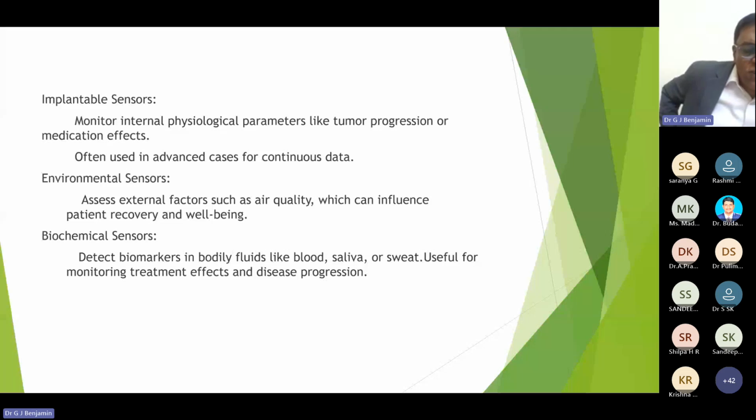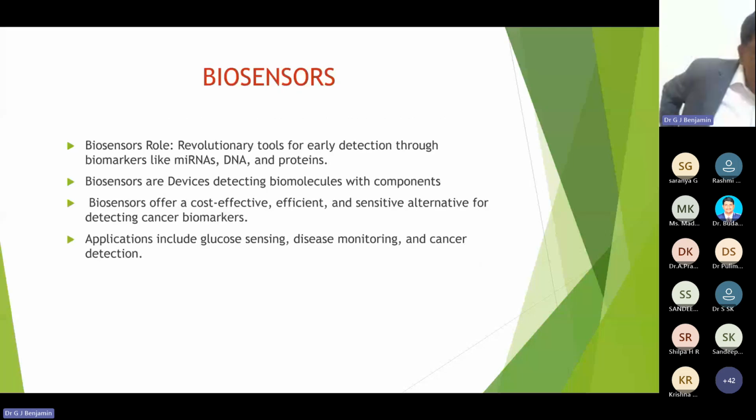Just to give an example, if the patient is at home, you want to see what the quality of air is, how much pollution is there, whether you're getting fresh air, and how much oxygen concentration is there in that air. You need a sensor which can help us, and this would help in the outcome of the patient. Now, biochemical sensors detect biomarkers in body fluids, blood, saliva, sweat, useful in monitoring treatment effects and disease progression. Now, when we talk about biosensors,